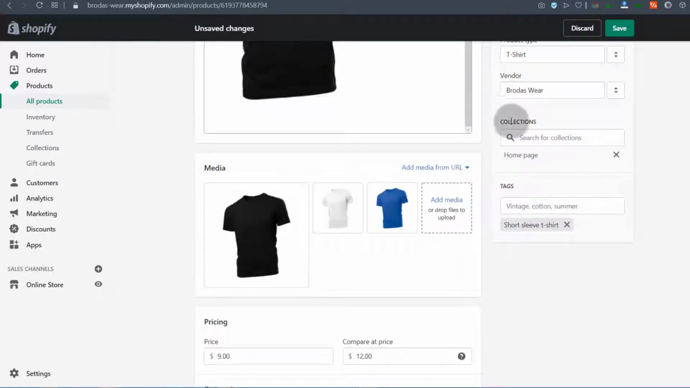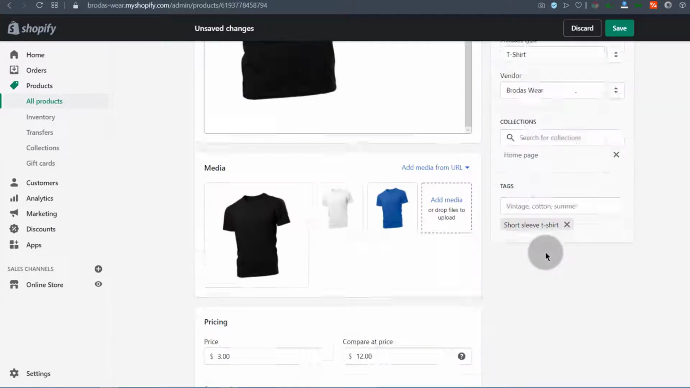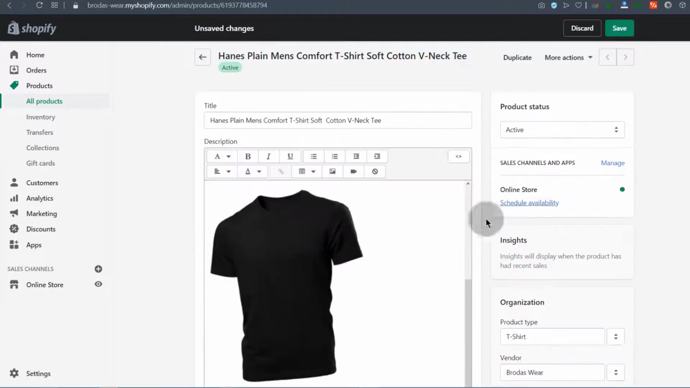And then once we create collections, we're going to create automatic collections based on the tags. So collections can be manual or automatic. So I'm going to click there on short sleeve t-shirt. And then I will save. Okay, so let's preview. Once we save,